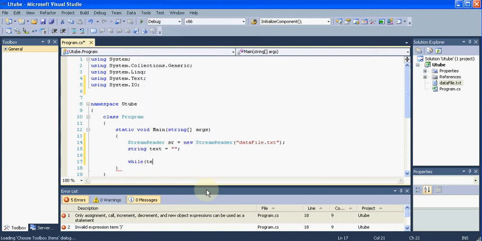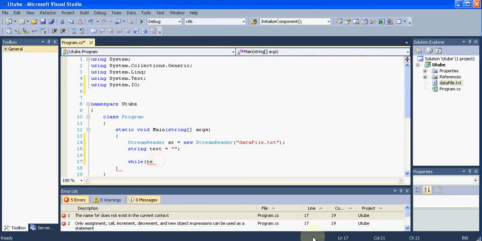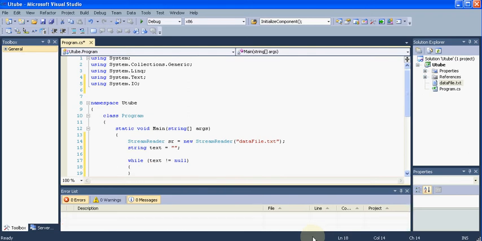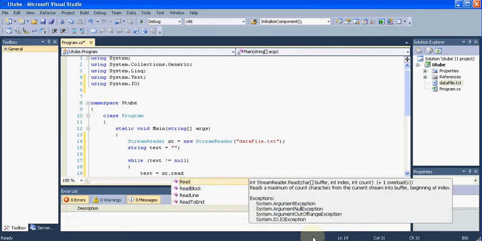The condition will be while the text is not equal to null. Until the text is not null, we are going to say that my text should be equal to sr